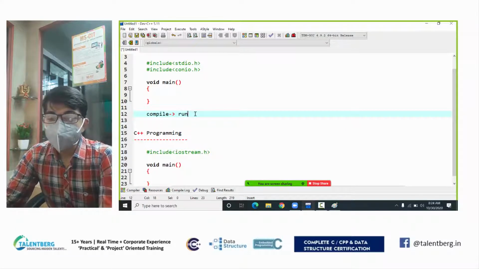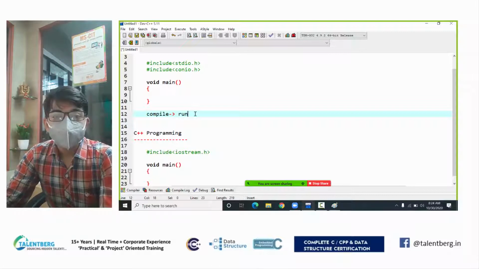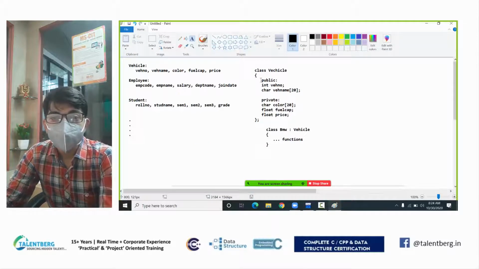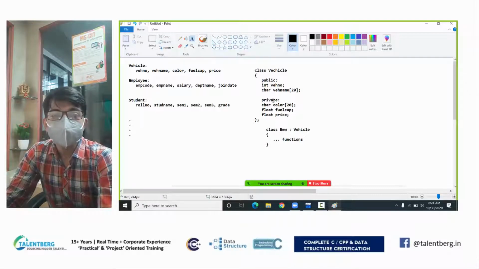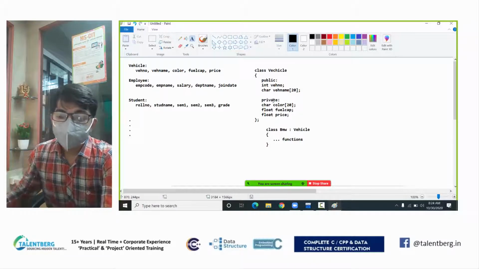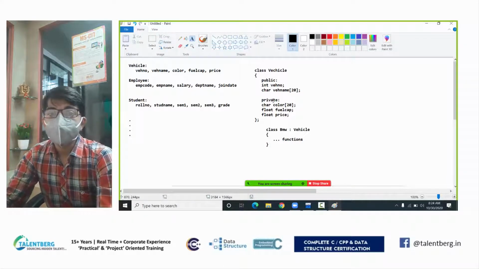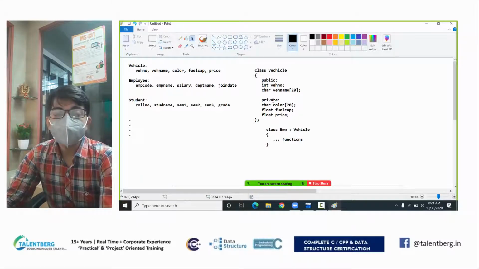There are four main pillars. The first one is class and object, of course. The second one is encapsulation. For encapsulation, I just discussed with you the public and private keywords, hiding the access of variables throughout the class, outside the class or inside the class. That process is called encapsulation. The third part is inheritance, and the fourth one is polymorphism and abstraction.